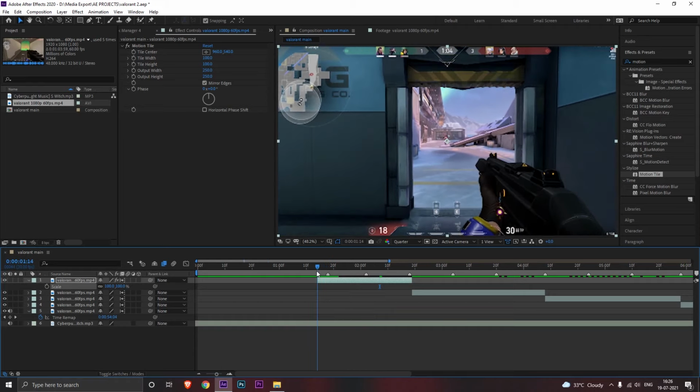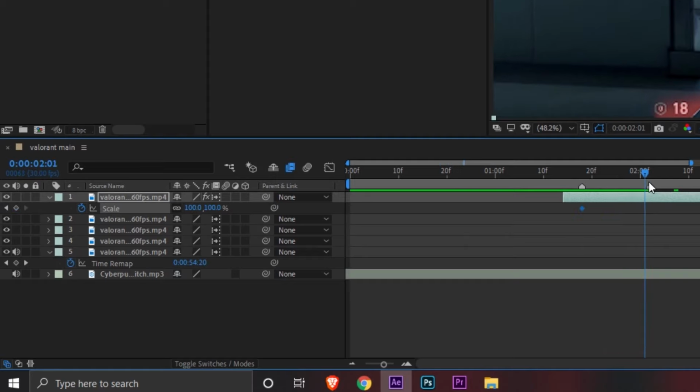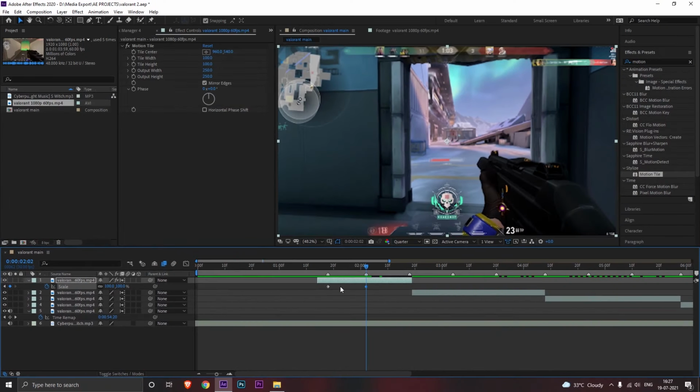Now add a keyframe in this position. When it starts to fire, you can click on this timer to add the first keyframe. Now here I'll add another keyframe, and in the second keyframe you have to increase the size, but we actually want the zoom in effect in the first keyframe. We will get that by using curves. For now, let's increase the size here in the second keyframe.